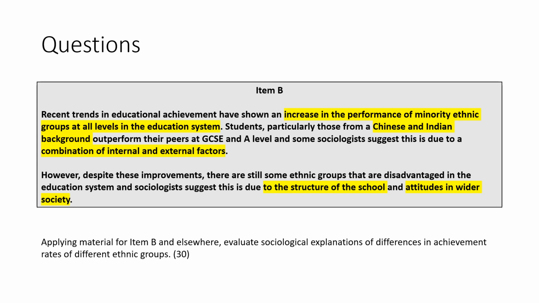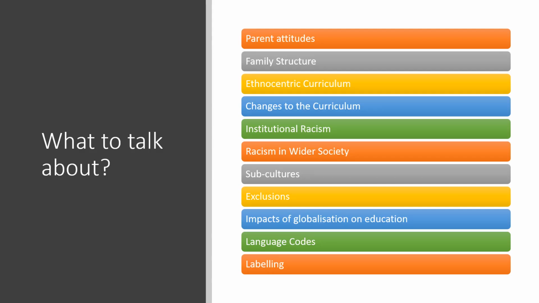Okay, so let's have a quick look at what we may be able to use in this essay. You may have thought of some of these when you saw the question yourself, but the key things I've picked out that you could potentially use are parental attitudes, family structure, the ethnocentric curriculum, changes to the curriculum, institutional racism, racism in wider society, subcultures, exclusions, the impacts of globalization on education, which is a bit of a tough one, and what I found is lots of students struggle with globalization in education, language codes,